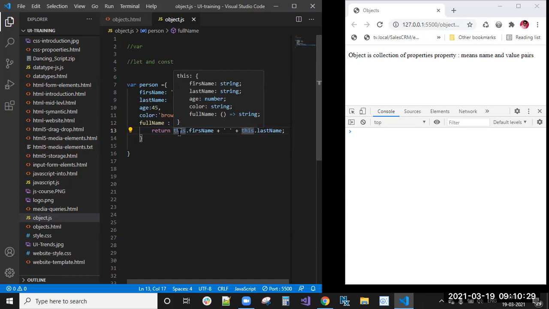This refers to the object. this.firstName, firstName is this property, and this.lastName.